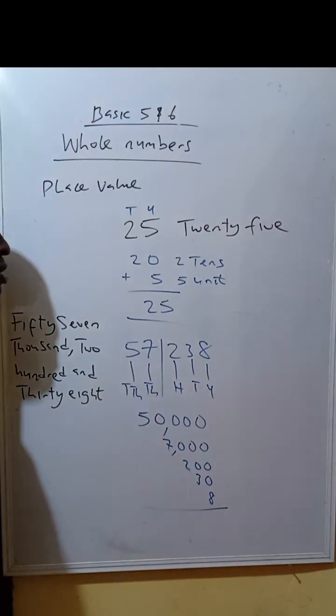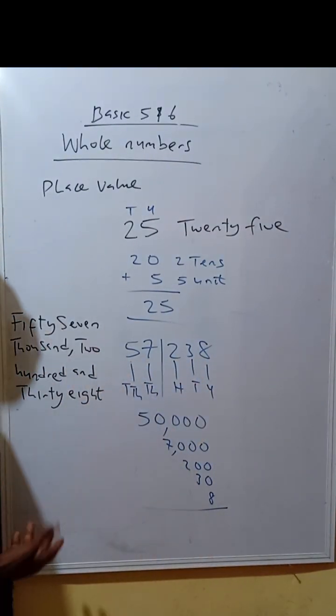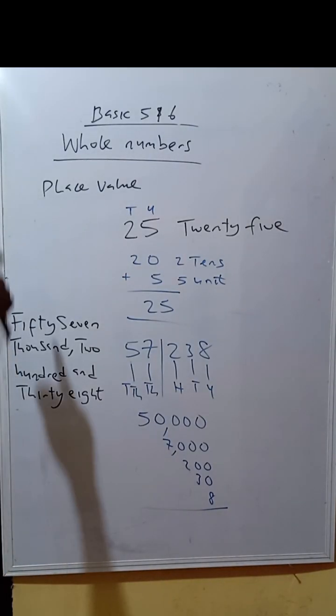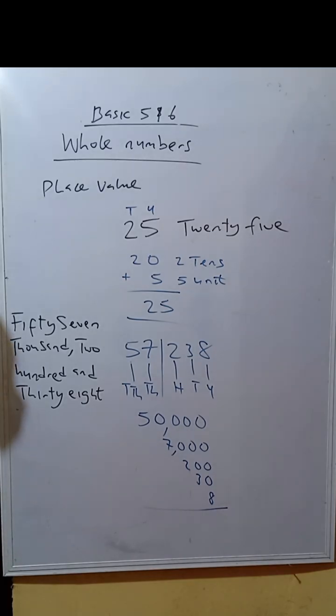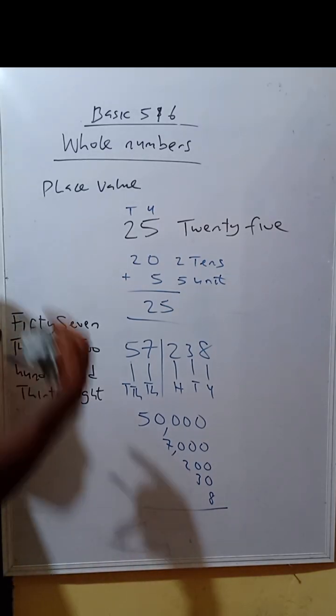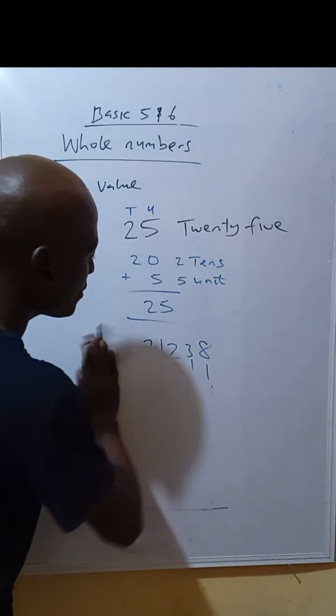57,238. So these digits that make up this whole number can be written as 57,238. I hope you got that. You can write this down again. I believe you've done that. When I say write that, you can pause the video and do that. So now, after this,